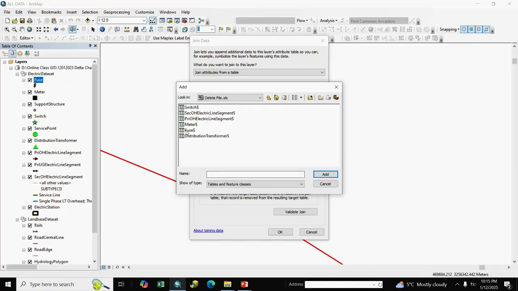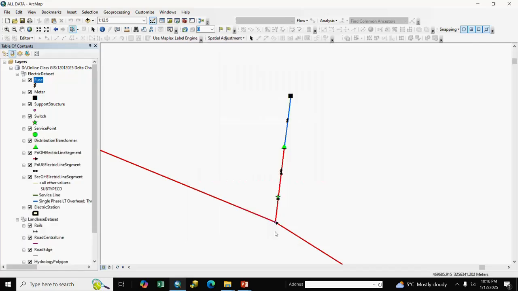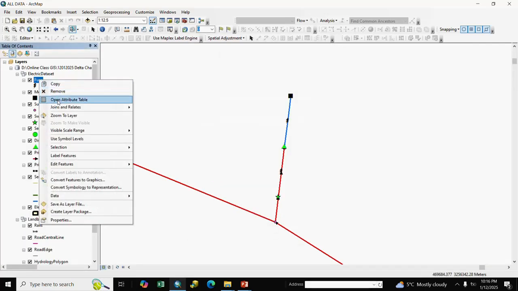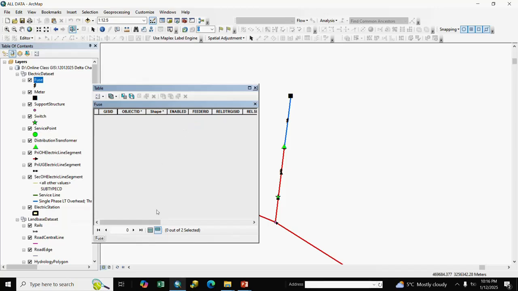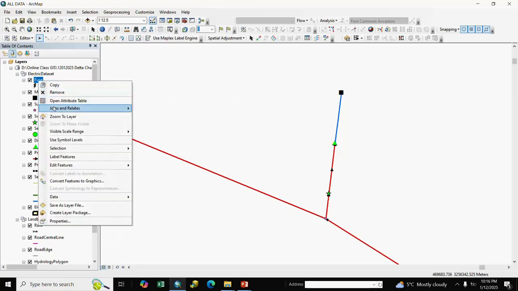First we remove fuse: we select fuse, add, GIS ID, keep only matching records and OK. You see, open the attribute table, two fuses are selected. We start editing and delete them. Our fuse is deleted, and we remove the join.